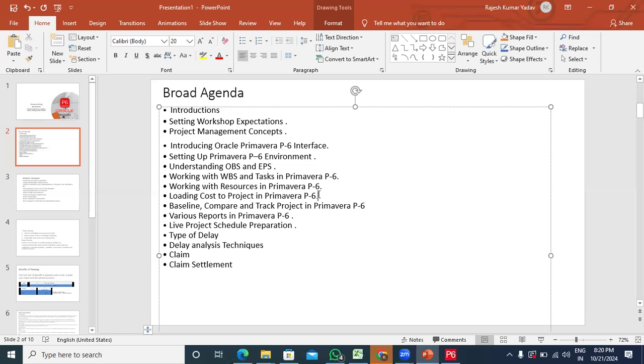Then after that we will track our projects, and we will compare them on live demos. And after that we will also learn from the reports of the projects, how to generate our